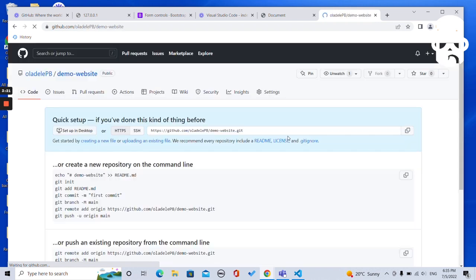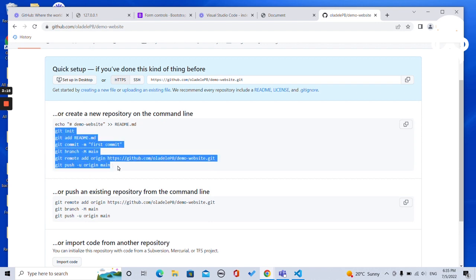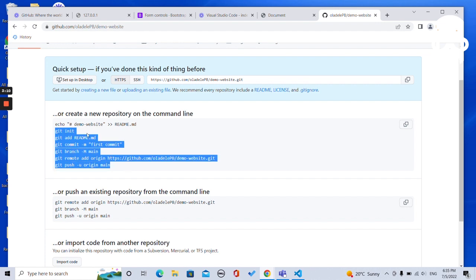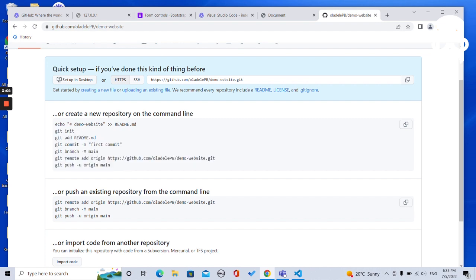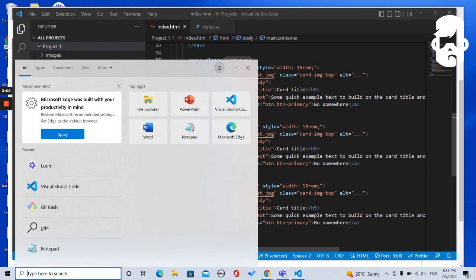And once I do this, it tells me all the commands I need to run. So I just need to run all of this. Once you create a new repository, you need to run these commands. The first thing I want to do is git init, git add, git commit, all of this. Now, to run that, there are two ways to actually do it. Either you go from using your Git Bash,